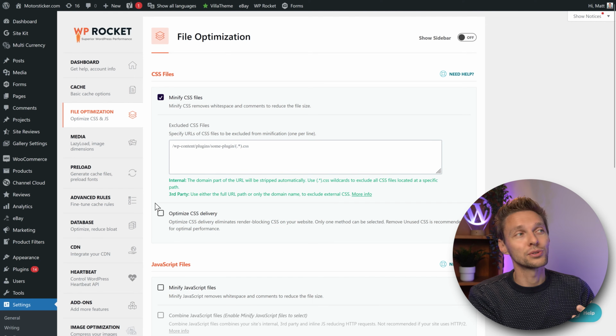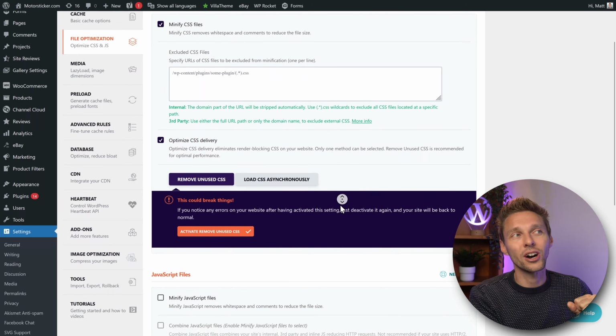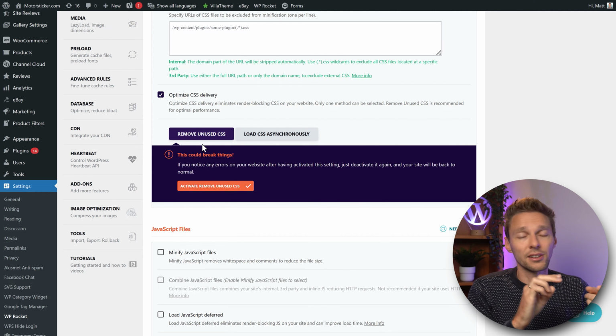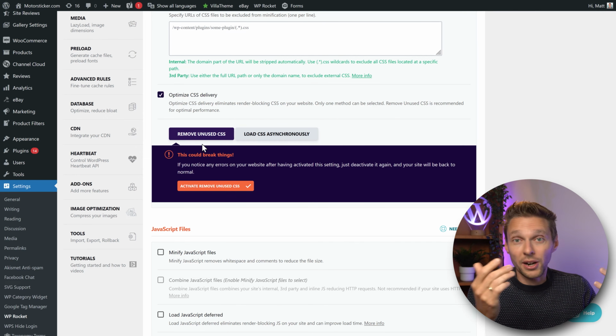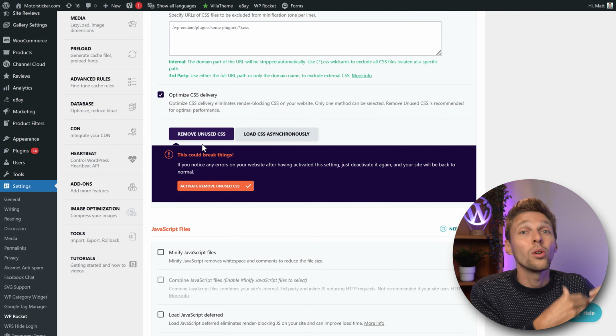And then we're also going to optimize CSS delivery. As your website has a lot of plugins, especially this website, and the theme, we have a lot of unused CSS. What do I mean by that? In your CSS files, there's a lot of code telling the color of the button, the color of the header, the colors and typography of your contact forms that aren't even on your homepage, but they are all loaded in.